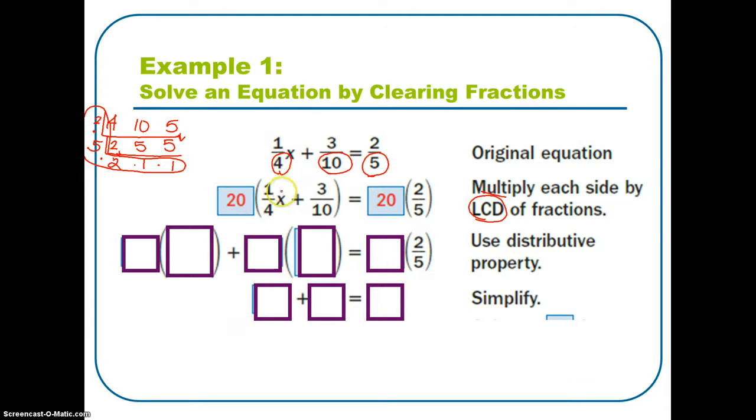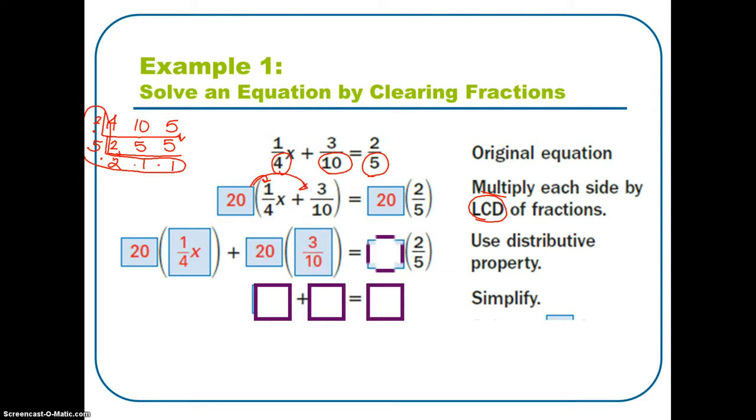Okay, now we use the distributive property to distribute out the 20. So 20 into 1/4 x. Bring down the plus sign. 20 times 3/10, and then just bring down the 20 times 2/5. You can go ahead and multiply those fractions together. 20 times 1/4